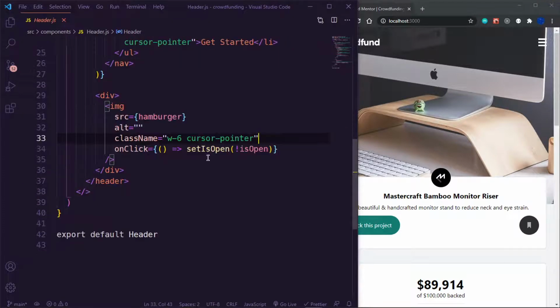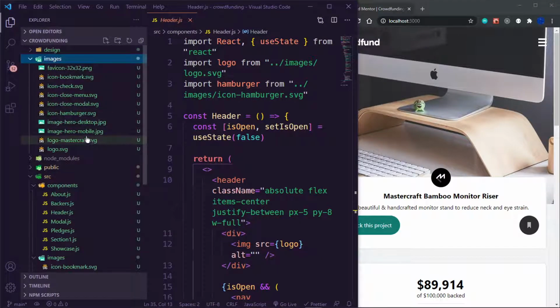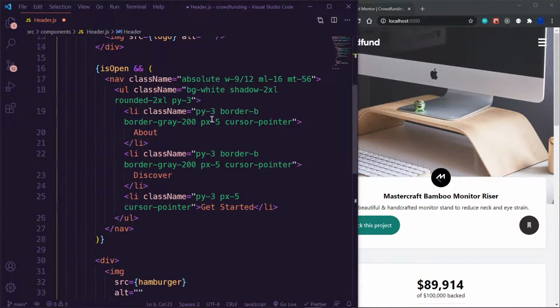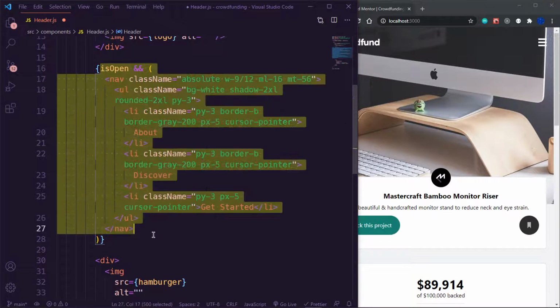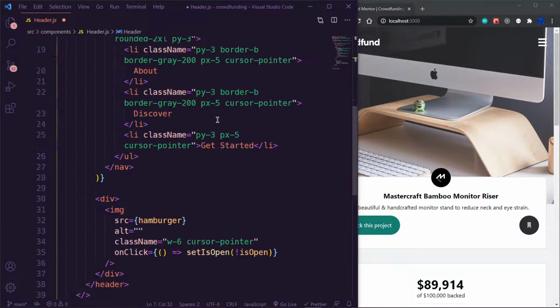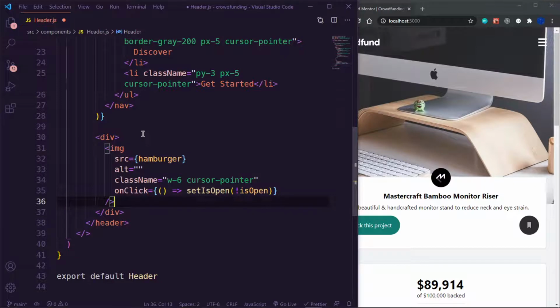Right there. And then instead of just rendering the single hamburger icon, I want to import another icon called icon close, should be the name. Icon close dash menu, right? So I'm just going to copy this down, change this to close dash menu, change this to close, right? Now remember that we were toggling our nav bar here using the state values that we set up. So we want to do something similar here, where instead of just rendering this single image, we are going to